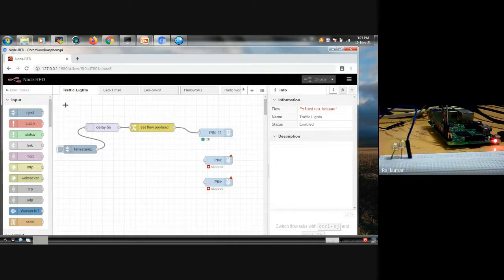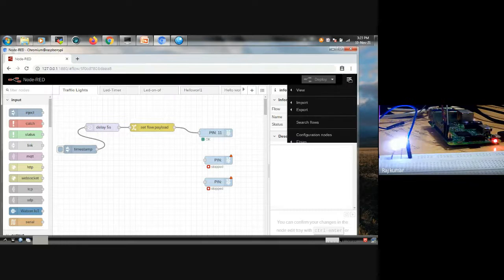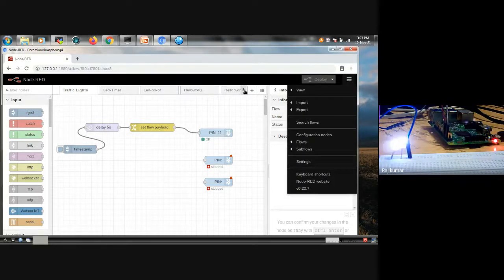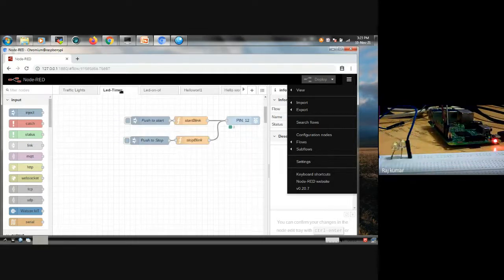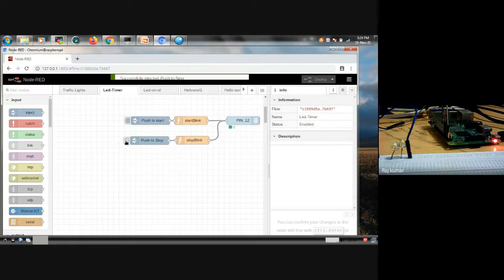One more thing I want to say is that my Raspberry Pi is an old version, Raspberry Pi 3. It does not support installation of the latest Node-RED. Because of that, some Raspberry Pi related nodes cannot be imported. In the morning session, Sarah has shown you how to import flows and all that. I'm not going to execute the programs now, but I want to show you how to import the code onto the node.